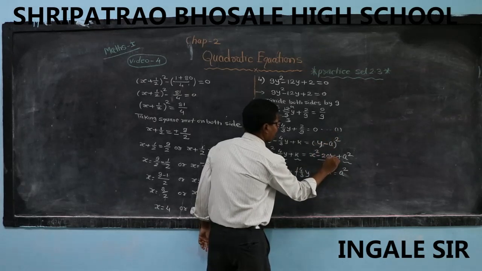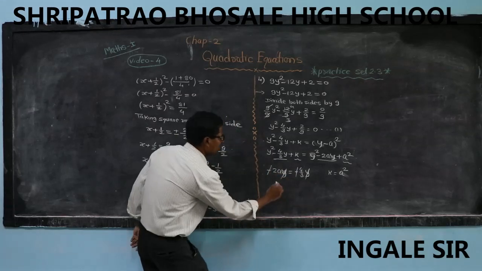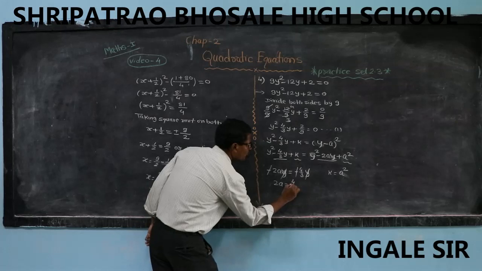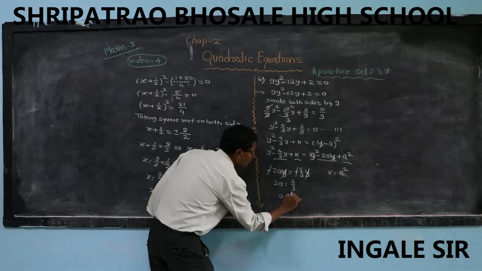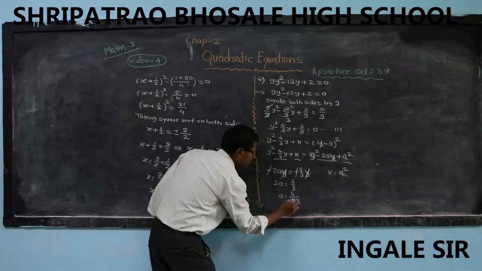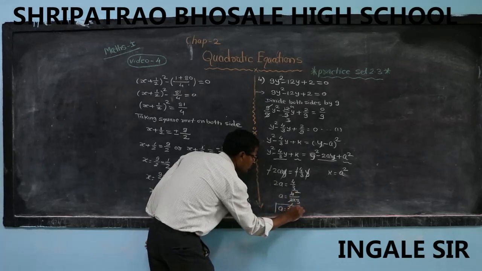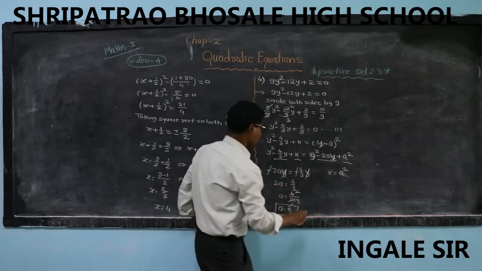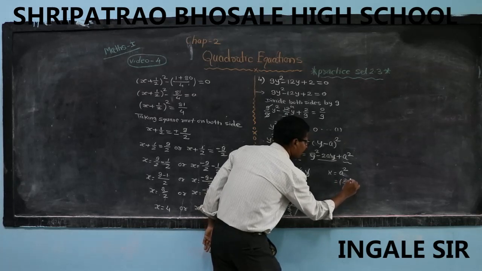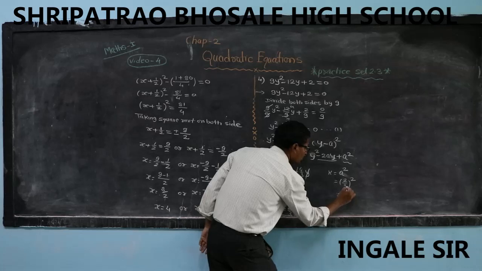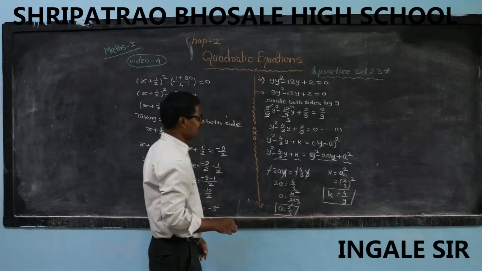Y gets eliminated. So here 2a is equal to 4 by 3. Take 2 to the right hand side: a is equal to 4 by 2 multiplied by 3. 2 ones are 2, 2 twos are 4. a is equal to 2 by 3. We get the value of a is 2 by 3. Put this value in a square: a square is bracket 2 by 3 bracket square, 2 square is 4, 3 square is 9. We get the value of a square as 4 by 9.